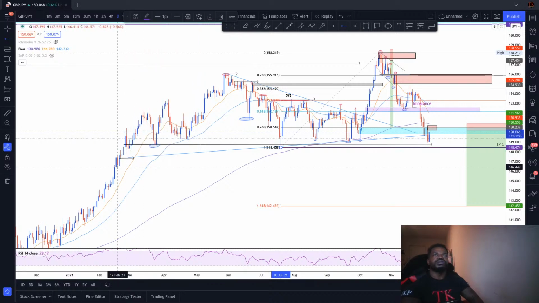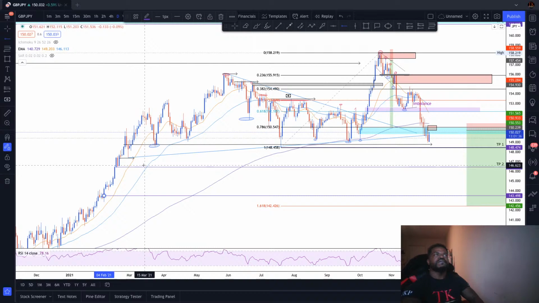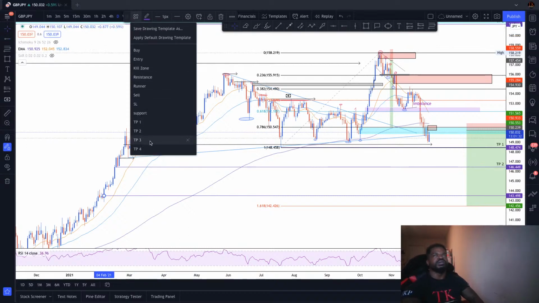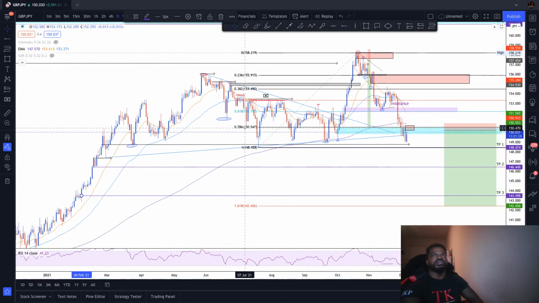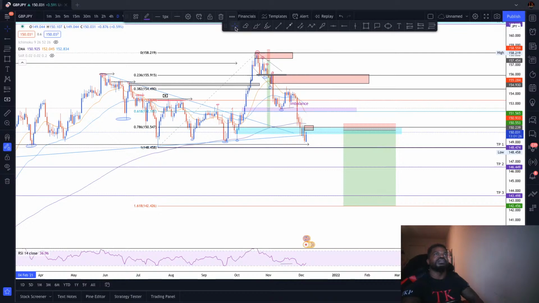For our TP2, take a look at the lows here. And this will be our TP3, if we get the rejection that we're looking for. If not,